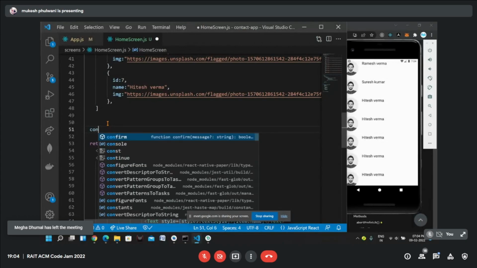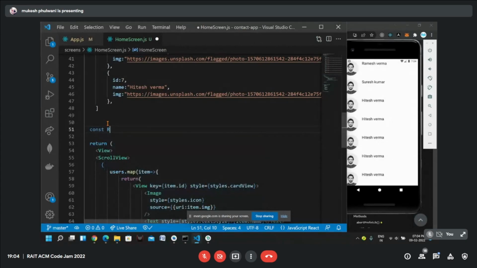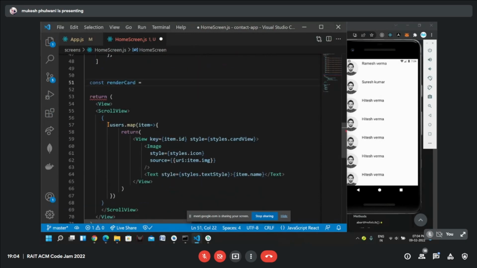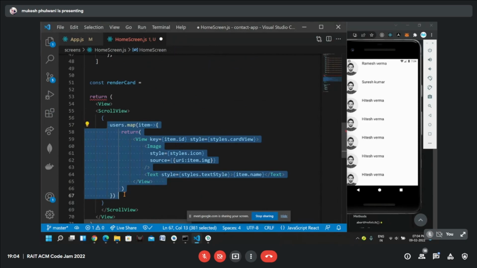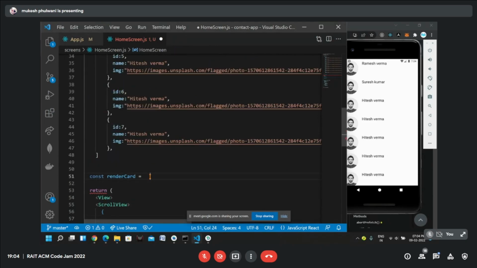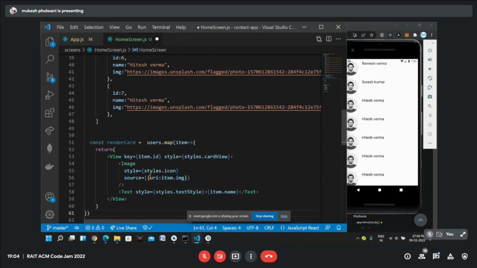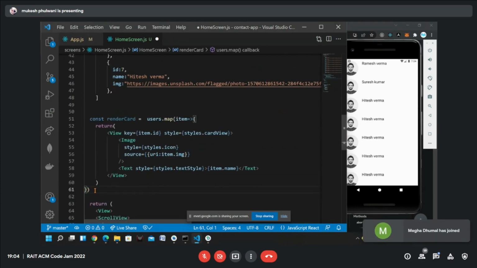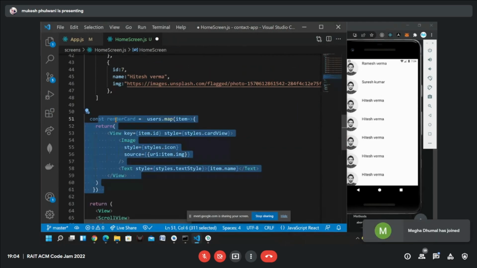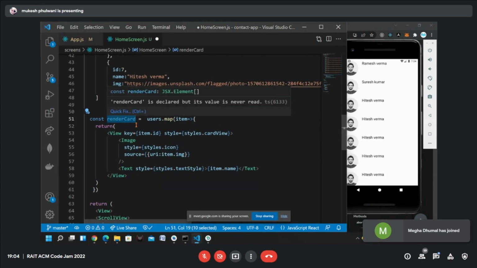So I can create a function here and give it a name, let's say renderCard. I'll cut this code with Control X and put it here with Control V. Now we have this function, and we can use it as a component.